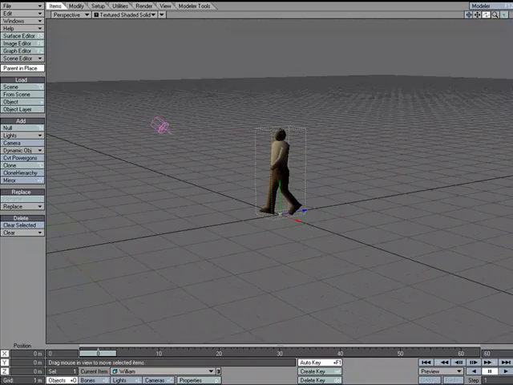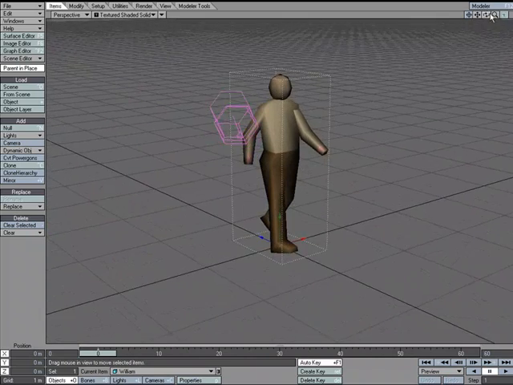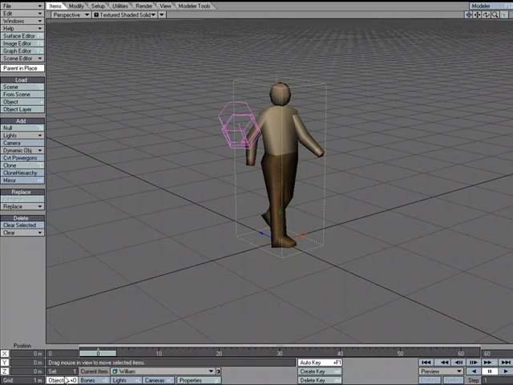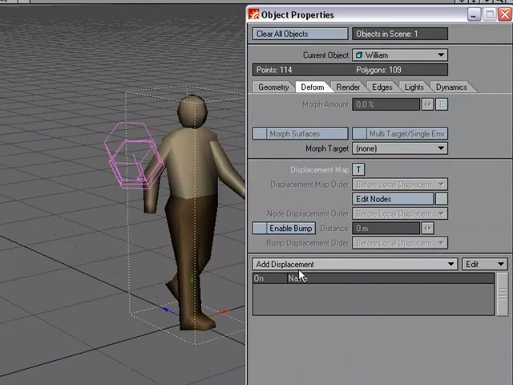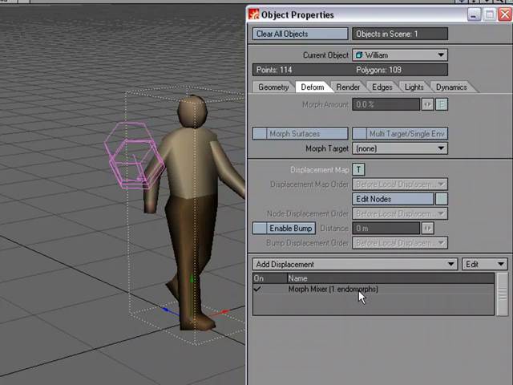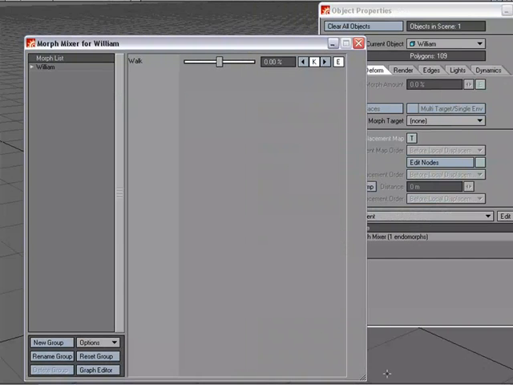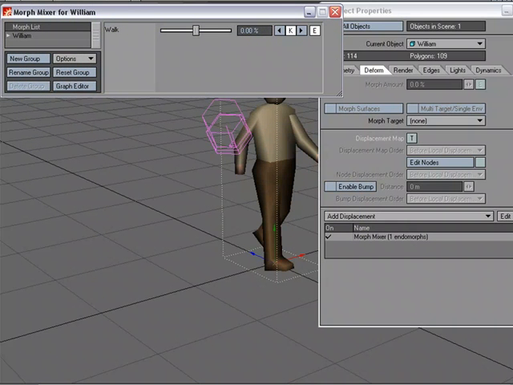Okay, so I've got my little character. Now I just need to make him walk. Okay, so let's go ahead and set that up. We'll go over to Object, Properties, go over to Deform, Add Displacement, and we're going to come down to Morph Mixer. It's got one morph, double click, size this up some, and what we're looking to do is animate this,